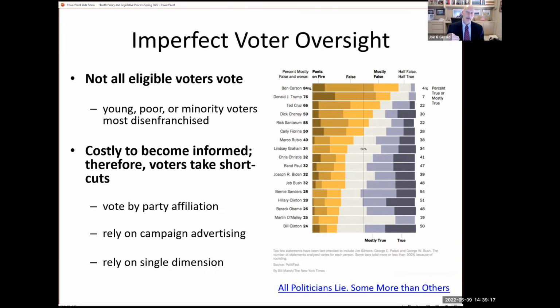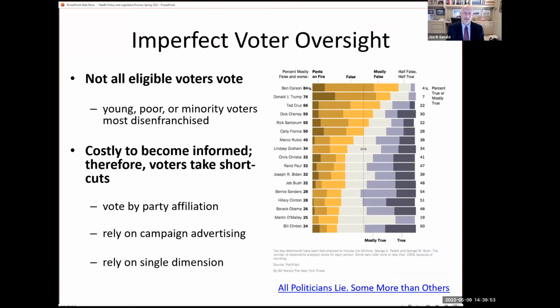And so I look at street signs, I look at radio ads, I look at TV ads or YouTube ads, and I make my decision based on what I see there. But those ads are often very misleading and untruthful. And from that perspective, I may not be doing myself any favors by relying on campaign advertising, because campaign advertising may not truly reflect the positions that the elected officials hold on the issues that are important to me.